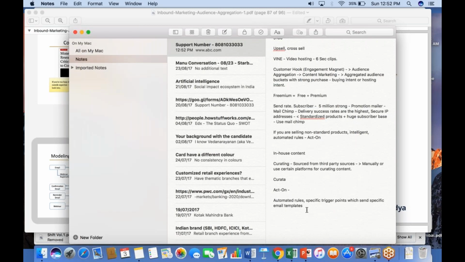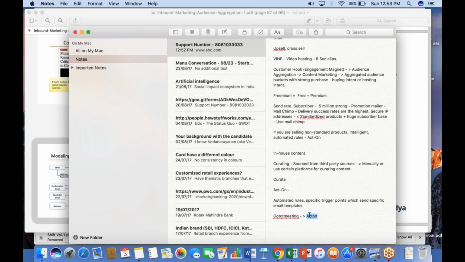Typically a lot of these webinars are conducted in platforms such as GoToMeeting, for example, like we are doing right now. GoToMeeting has integration options with Acton. Once you register for the webinar on GoToMeeting, that information is passed on to Acton, and the rules configured in Acton for sending specific confirmations to registered attendees are triggered. There's no point in getting two separate notifications, one from GoToMeeting and one from Acton.